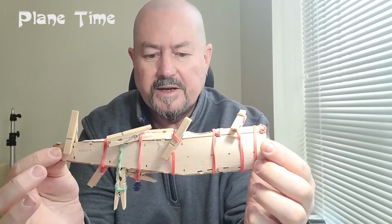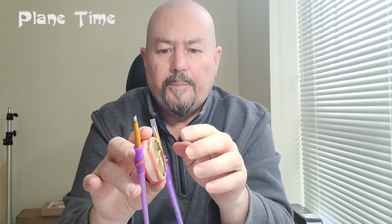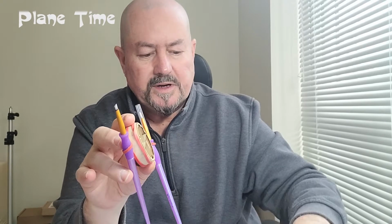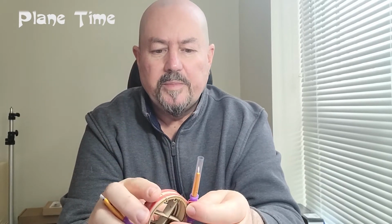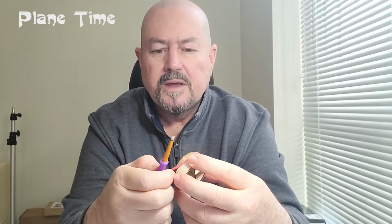So we've really made some progress here, and on top of that, we also have our cowling that fits on the front of the fuselage, and we're going to open that up too. So I'll start with that. If you remember, I twisted these rubber bands just so I could hold the planking around the cowling, and that's how it looks. So it's come together quite nicely. It's beautifully round here,